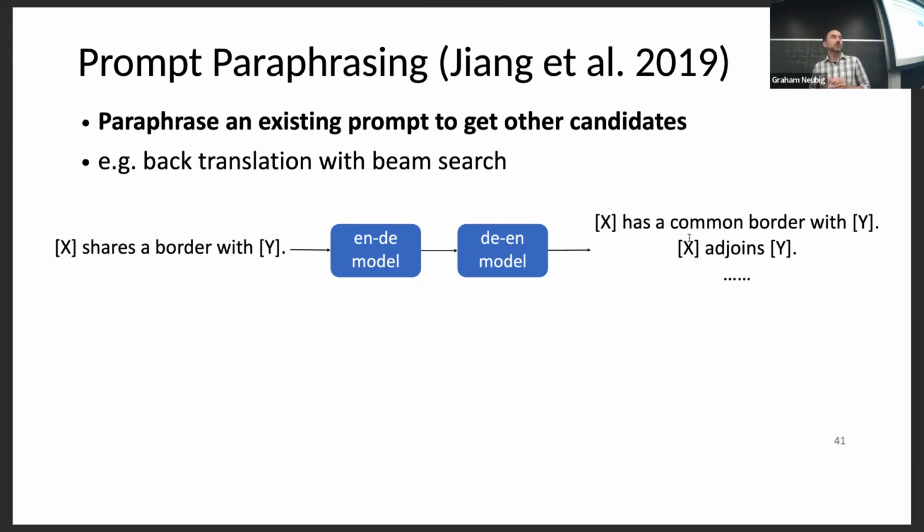Any questions about these? Yeah. How do you particularly remove biases from the training data in this case? Because if I were to say, "US shares the border with", most probably it will come up with Mexico and not with Canada. So the question was, how can we avoid biases in this process? And the example being, if we have "the US shares a border with", it might say Mexico instead of Canada.